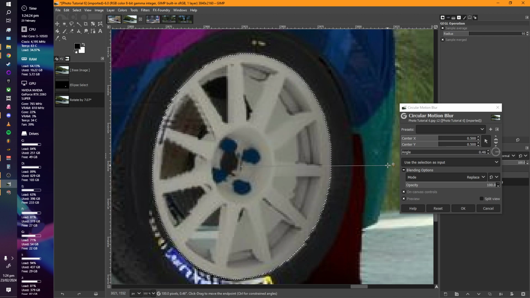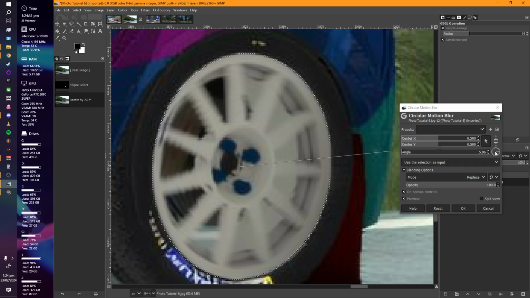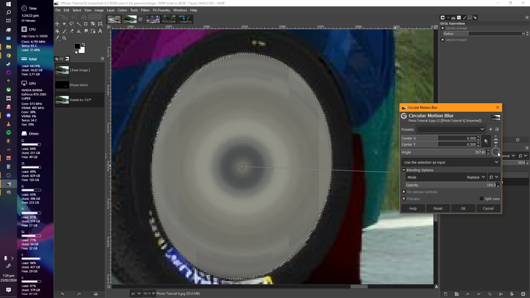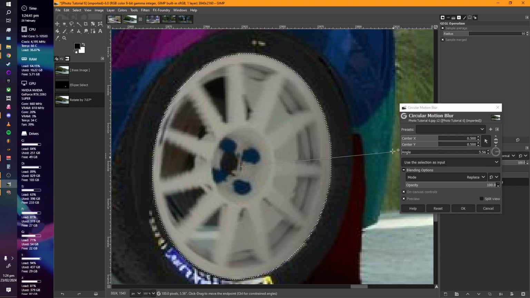Okay, so with the circular motion blur, you can just play around with this handle to fix the angle, or you can go here and adjust it here, or even use these toggle buttons, arrows to fix the angle. I don't suggest you muck around with the center X and center Y because basically you already have your ellipse centered on the face of the wheel. Okay, so you can either go with the